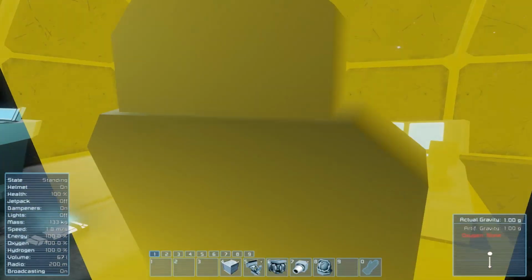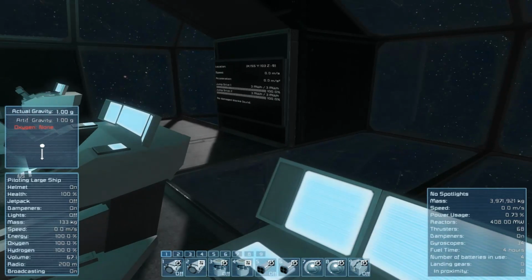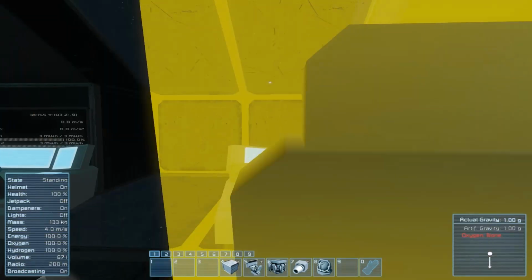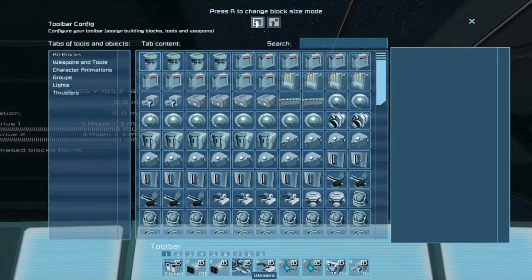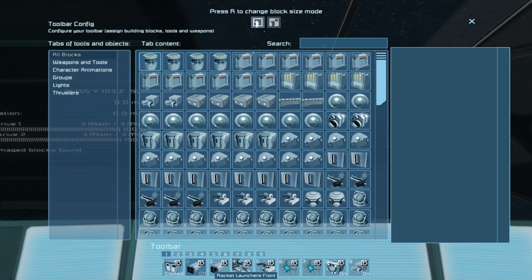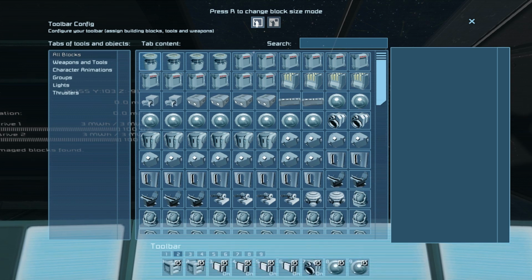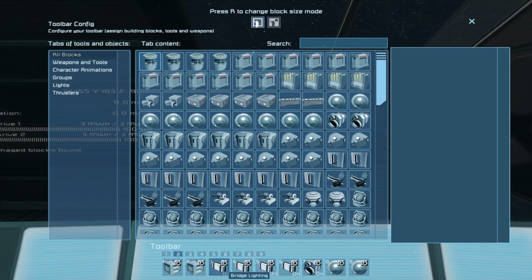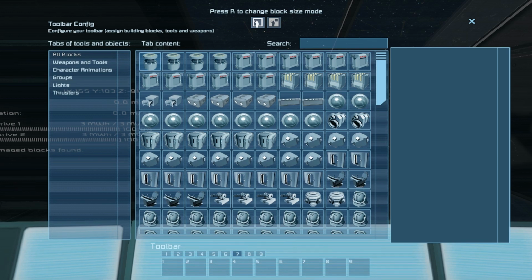Okay, so one important thing to note, the co-pilot runs the weapon systems. I mean, you could set it up on the pilot seat, I suppose, but primarily the pilot is doors, static rocket launchers, which I'm not sure if these are the ones that extend and retract, or if they're just mounted. Welders, turrets, jump drive controls, merge blocks, antennas, stealth mode on and off, which I'm not really sure how that works exactly, but we're going to find out. All of the lights, connectors, cameras,